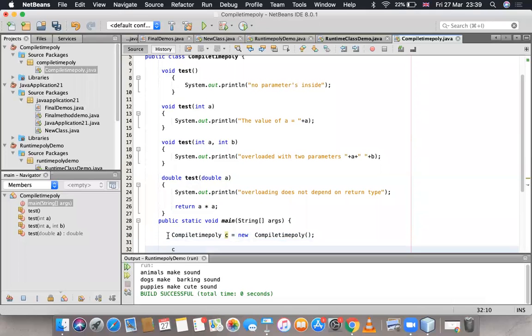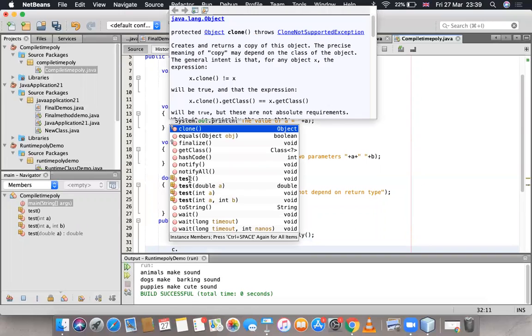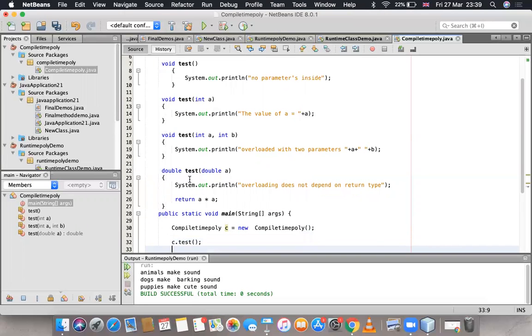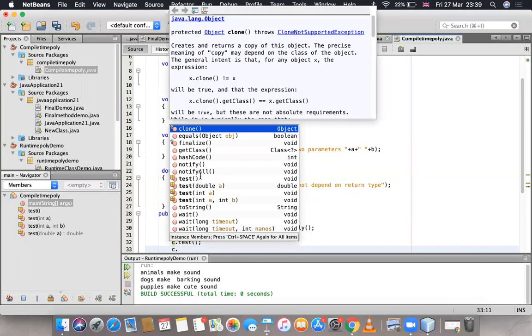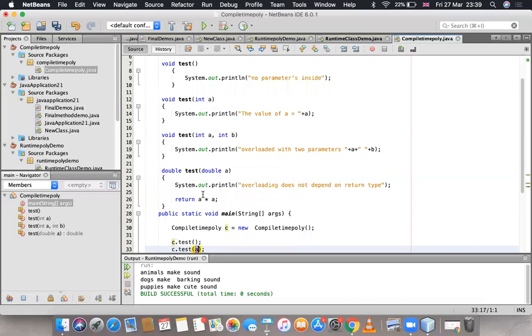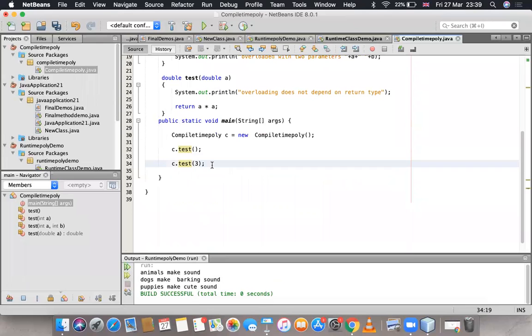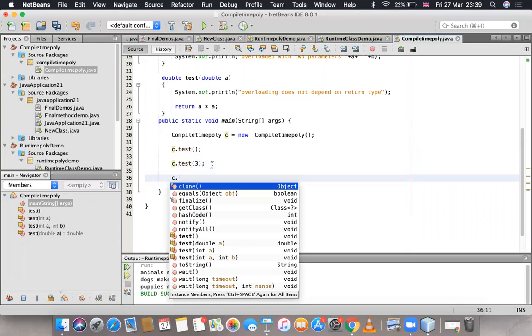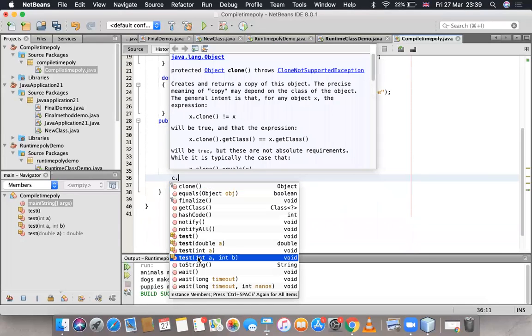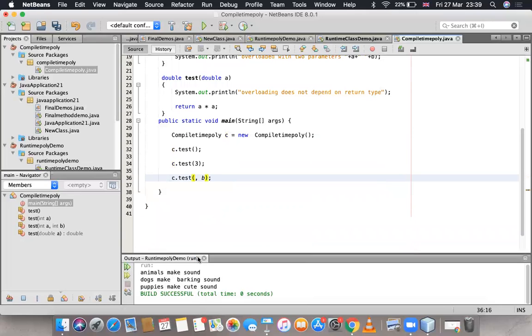And then c.test(), that is test of int a, c.test(3). And then c.test of int a, int b, in that I'll pass 4, 5.